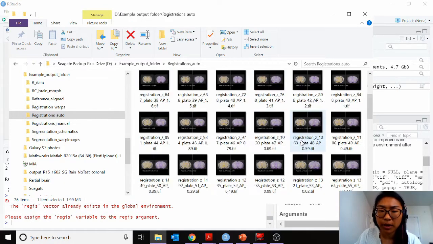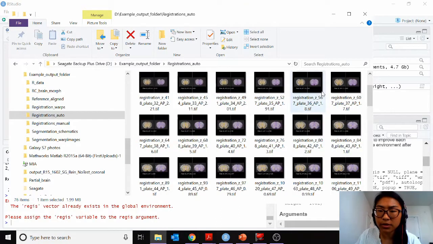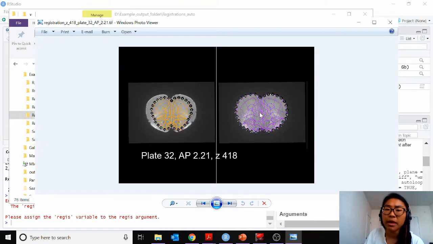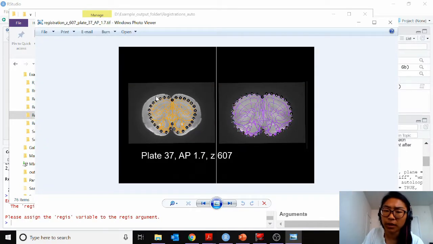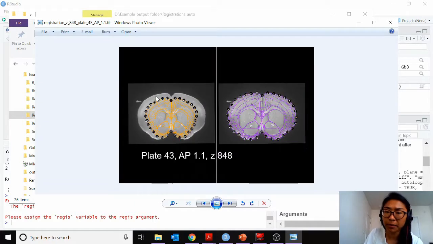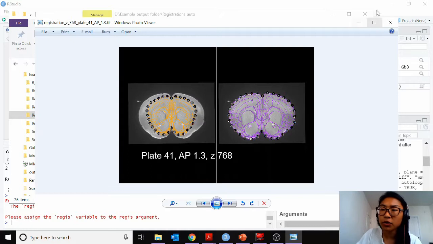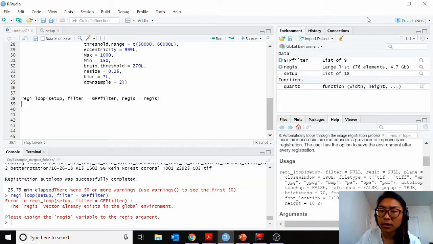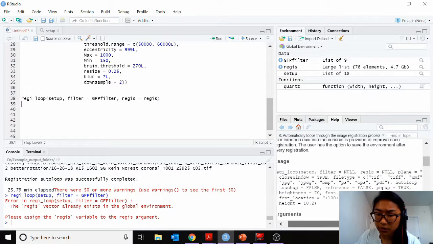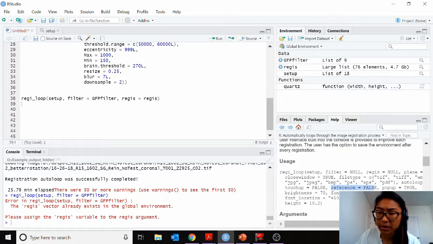So that's what some of these other arguments are for. So I would actually first go through, once you're done with the auto loop, and make a list of all the ones that you really want to fix up. For the most part, this slice looks okay, so you might want to skip it. But once this is done, you can actually go ahead and set the reference argument. If you set the reference argument to true,